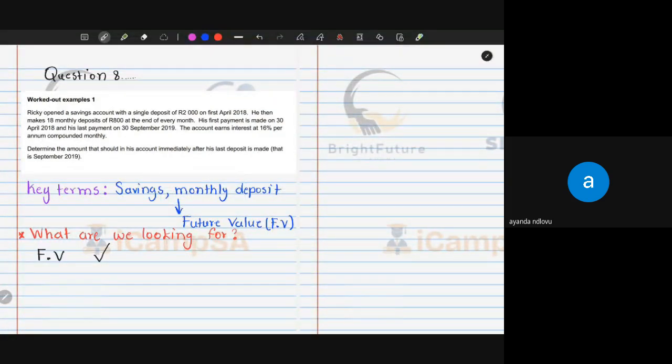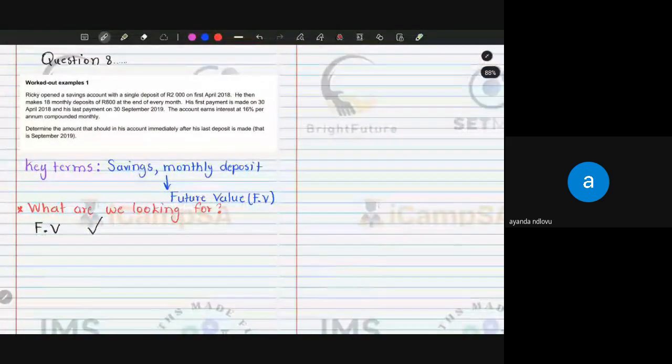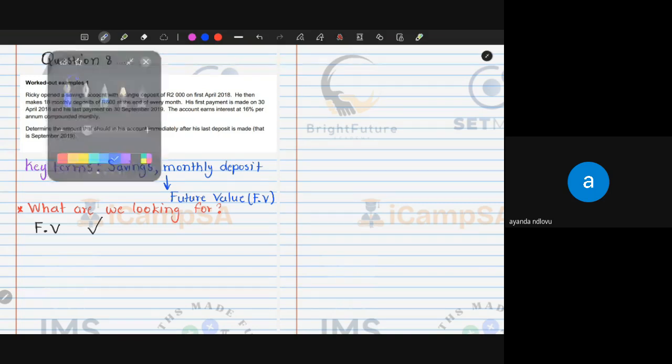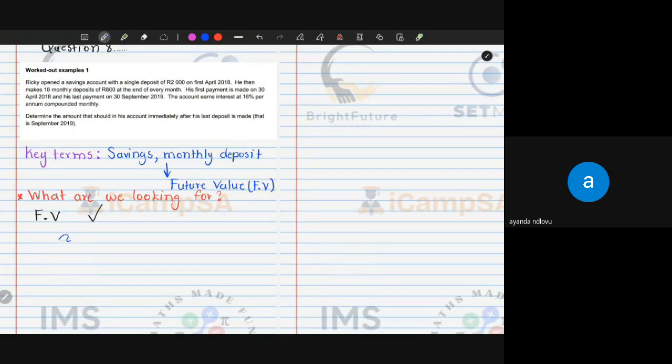So they say Ricky opened a savings account, a single deposit of 2,000 rands in April 2018. So let's see. April, he makes a deposit of 2,000 rands. And then May, he then starts doing monthly deposits of 800. So we need to write a timeline here, guys. Very important. So let's have a look at what is going on. So April,